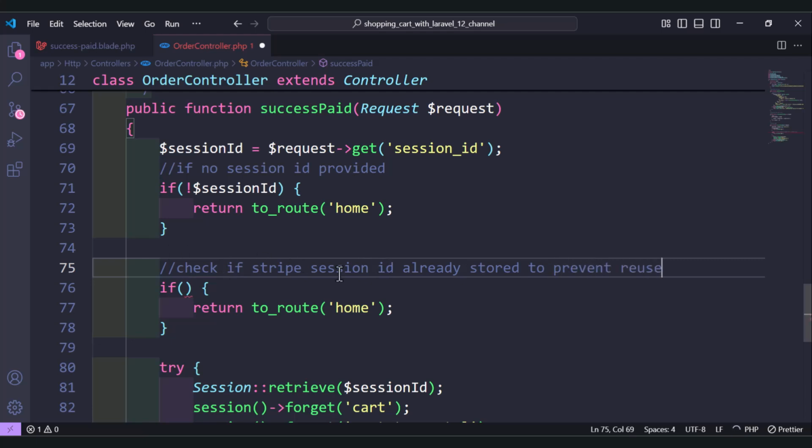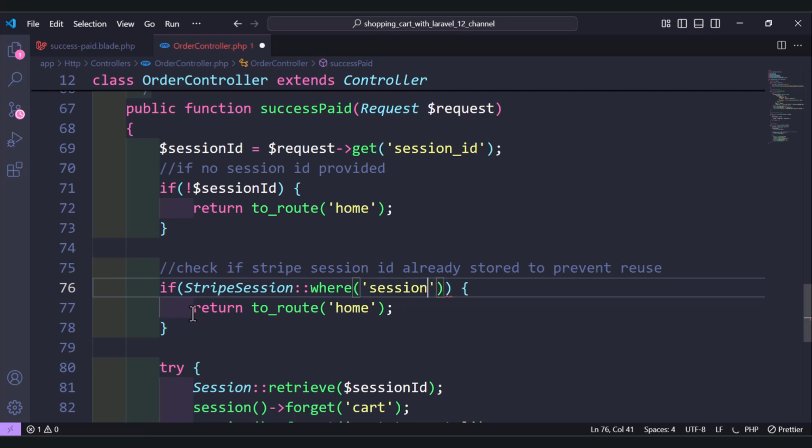Okay, so we can't reuse it again. And here we can now use the Stripe session model that we have created, and we need to find the Stripe session ID, where